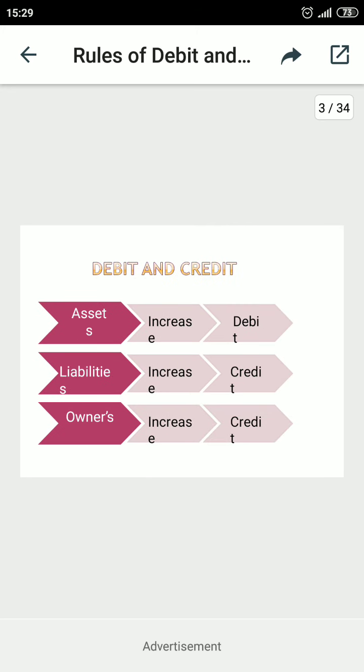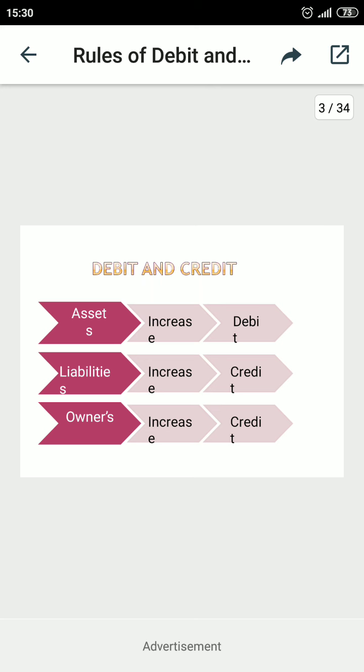Now you may observe here, generally we have 5 rules. One is assets, second is liabilities, third is owners' equity, where the word owners refers to capital, fourth is revenue, and fifth is expenses. All the remaining terms are to be associated with these 5 terms. So I am telling you the 5 rules now.